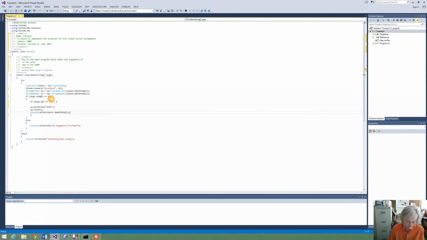Else, if the args length is equal to 2, so probably what we can do here is put a switch to allow for the different number of args length, but we'll put an if in for the moment. So if args length is equal to 2, and then if it's not either of those,